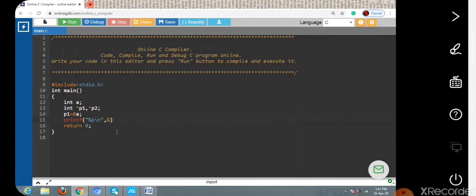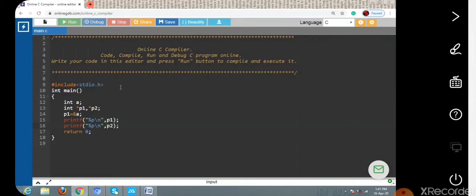So %p with p1, and we also print the value of p2, because we just want to print the address of the corresponding pointer variable. So when we run the program,